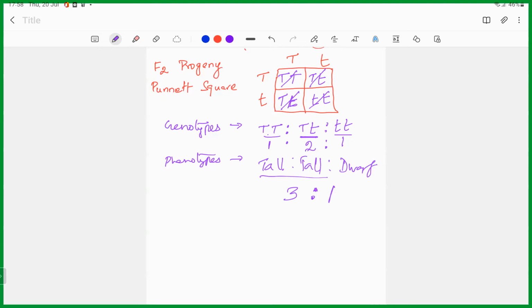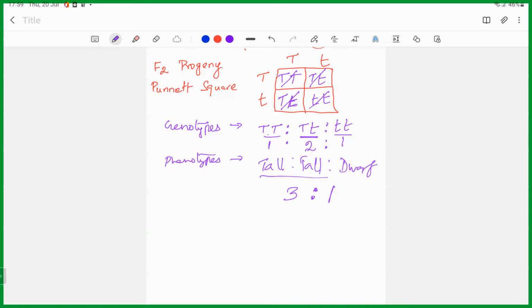Selfing of F1. See, I too missed one thing here. You have to write selfing of F1, that is Tt into Tt. Then only the gamete formation here. How the gametes will form here: T, t, T, t, and these gametes only you are writing here. F2 progeny, and you should write here